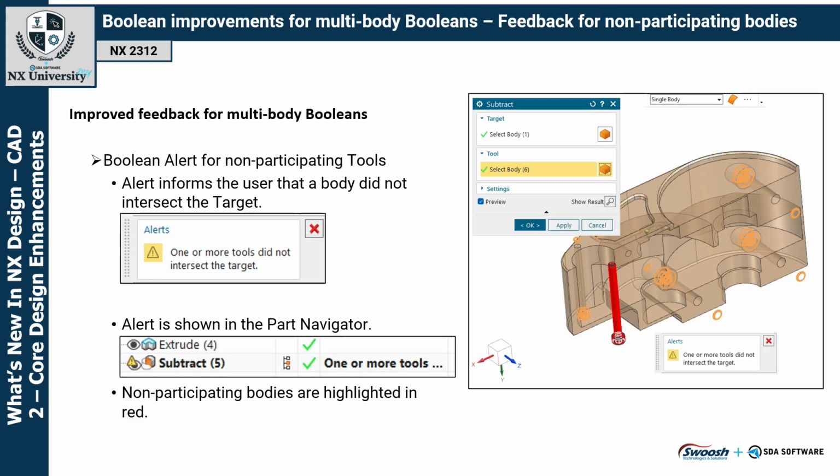All right, continue with our Boolean improvements for multi-body Booleans, feedback for non-participating bodies. There is improved feedback for multi-body Boolean operations now. This allows for a Boolean alert for non-participating tools. The alert is going to inform the user that a body did not intersect the target. You'll have an alert that pops up on the display here, and you will also see an alert inside of